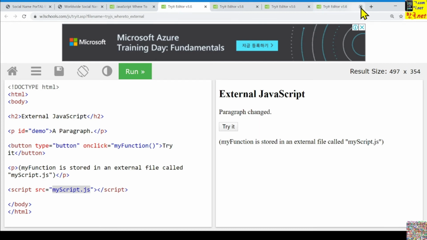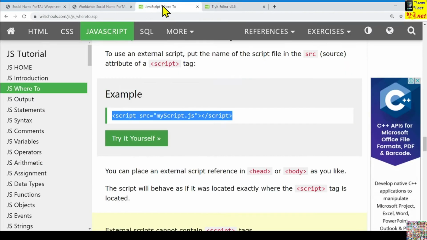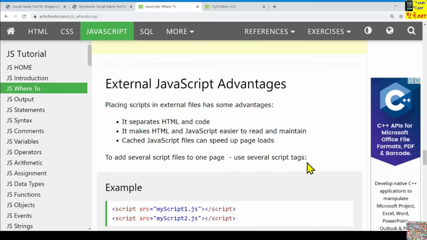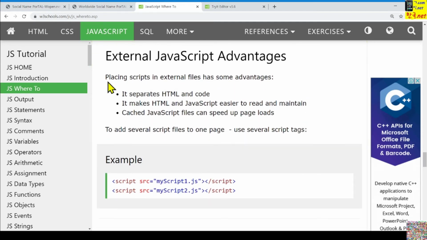Okay, after closing some open tabs, let's continue. If we are using an external JavaScript file, then there are some advantages. Like the external CSS file, placing JavaScript in external files has advantages like this.